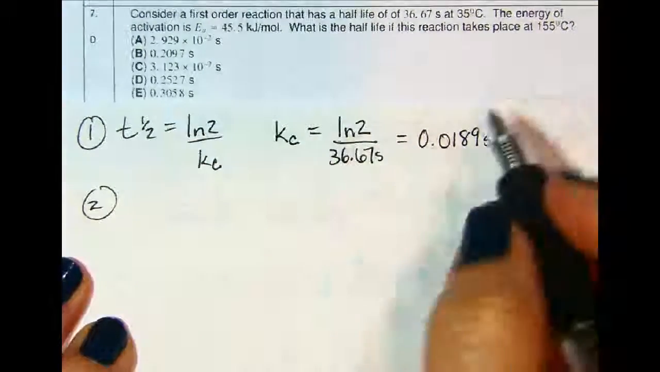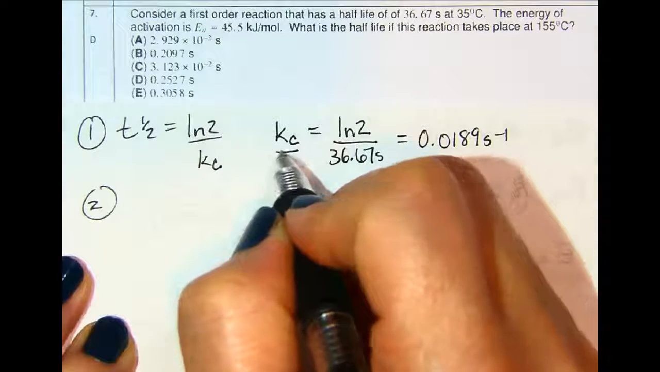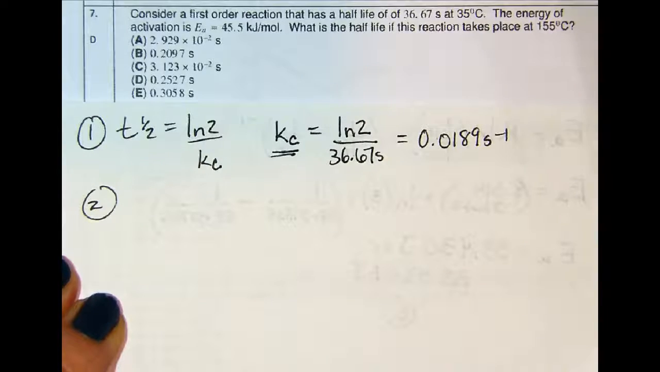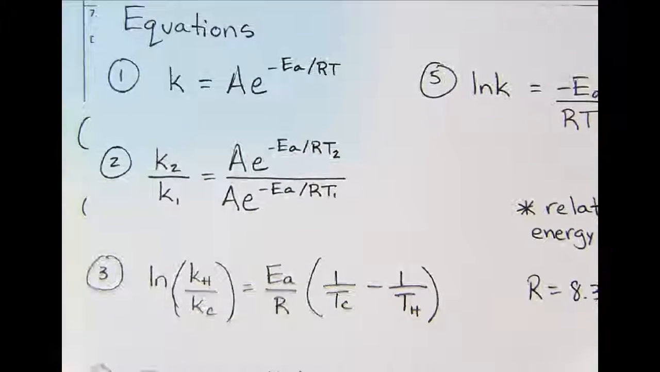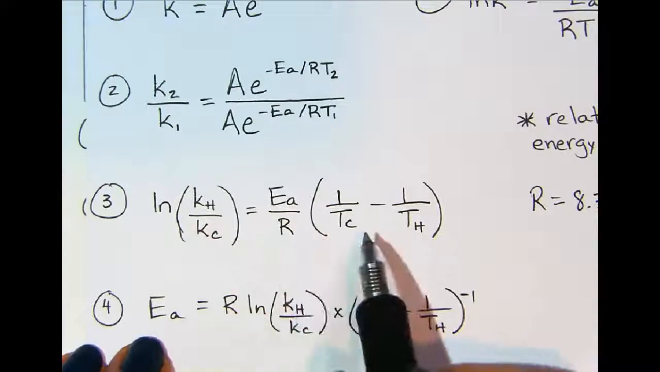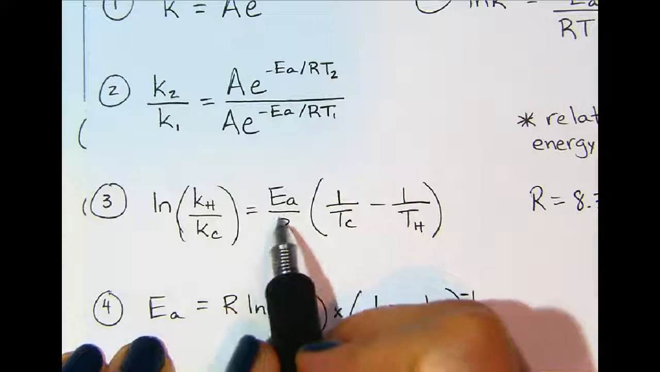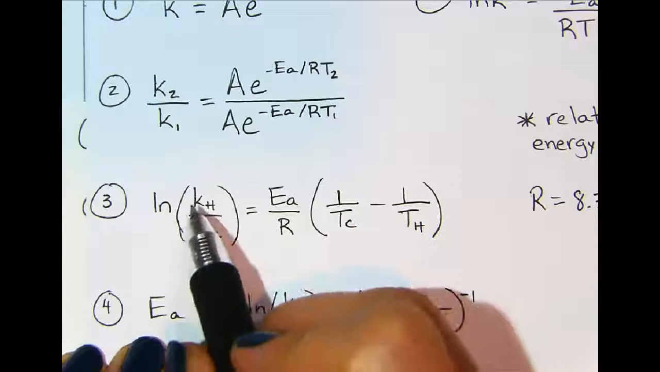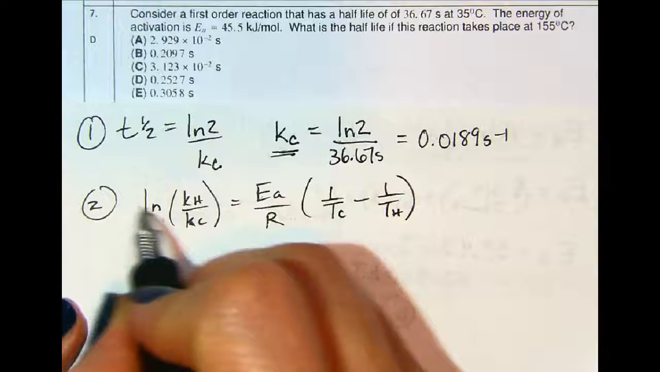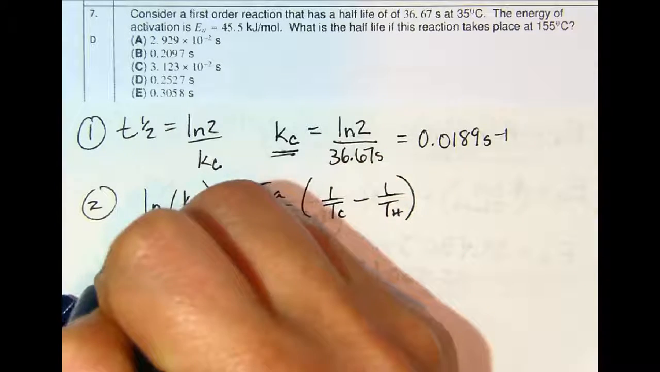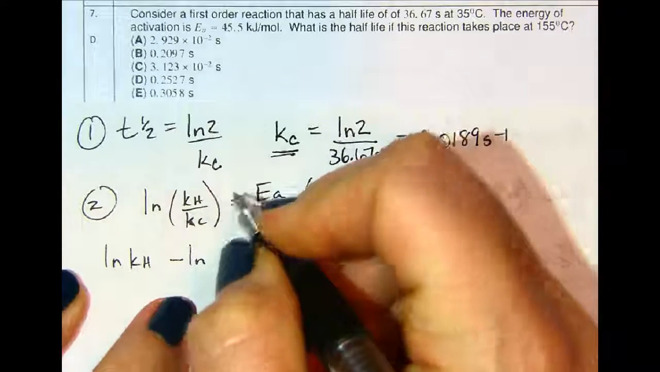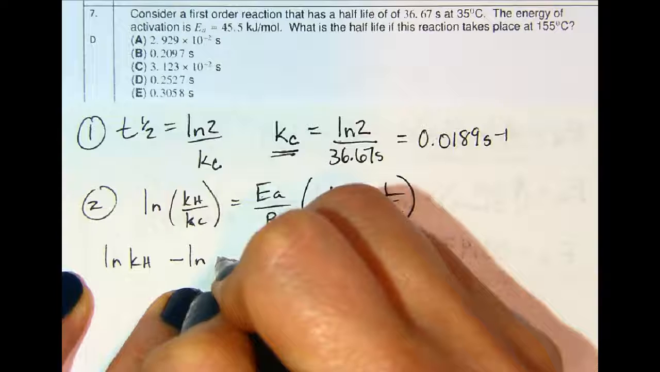Now, step 2, I'm going to use this Kc, and I'm going to use it with the equation that relates rate constant to activation energy. And so I'll go with the equation number 3, this one right here. I know the two temperatures, I know the activation energy, and now I know Kc, so I can solve it for the rate constant at the hotter temperature. I'm going to go ahead and separate this part right here, and I will get the natural log of Kh minus the natural log of Kc, which is 0.0189,